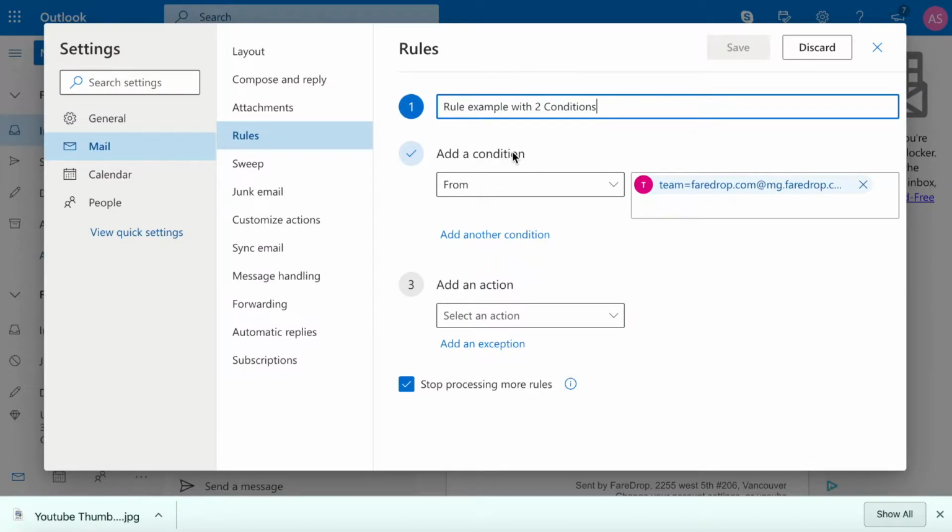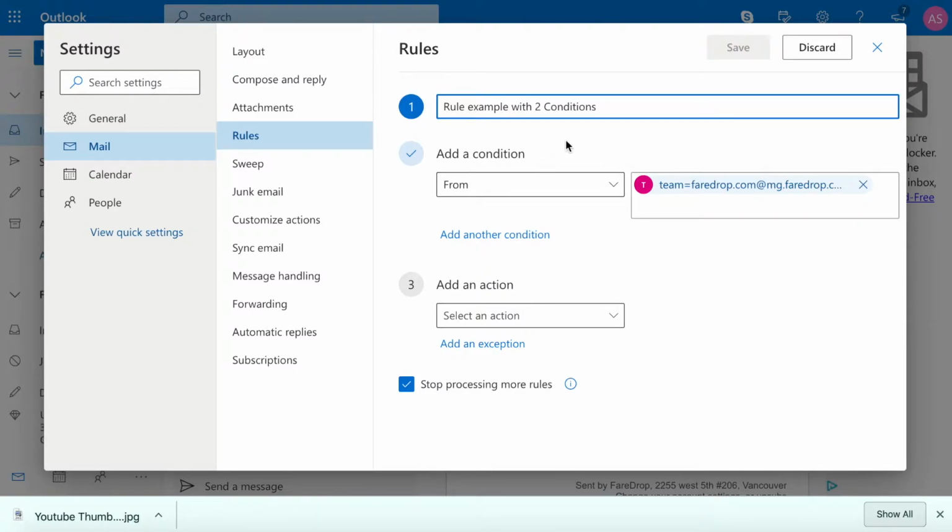For my example, we're going to create a rule where if it comes in from a certain user and it has a certain subject line, or at least words within the subject, then we're going to have it moved to a specific folder. So I'm actually having 2 conditions and then for a certain action. And you can think of these a lot like if-then statements, if you're familiar with that. So you can have ands and ors. In this case, the condition is going to be 2 things that have to happen in order for this action